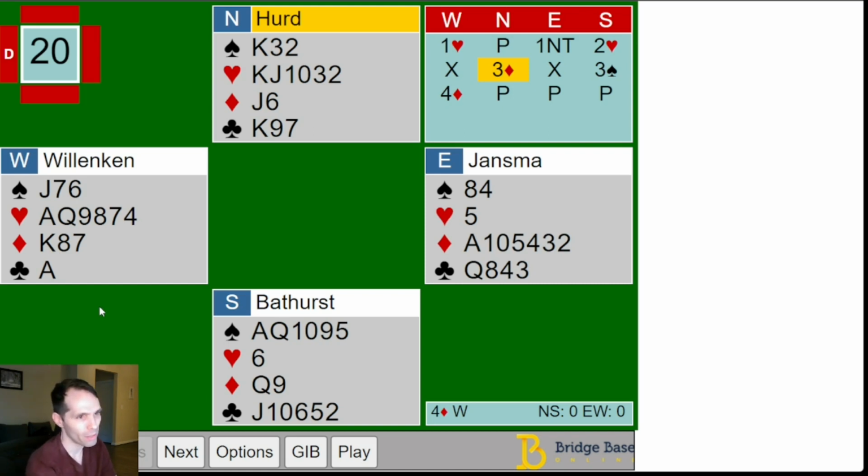A little aggressive on the 4 diamond bid. I mean, with 3 small spades. He might expect his partner to have a singleton a lot of the time. You know, this 3 diamond bid could often deliver a 4th spade. But he only has 3 card trump support for his partner's diamond suit, and his partner does not have an invitational hand in diamonds. My guess is they play a heart check 3 diamonds would be invitational. So 4 diamonds feels like